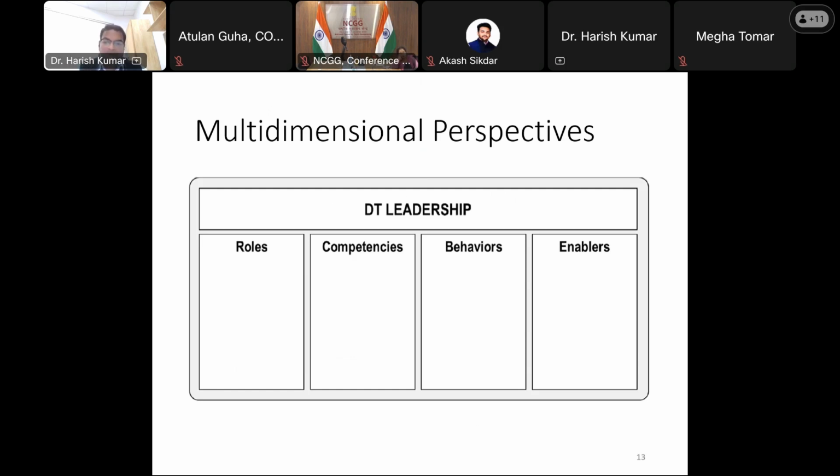But if we talk about the behaviors, the third perspective of digital leadership, openness to experimentation. Unless we are asking or mobilizing our people to do new things in a new way, we will not be able to build our digital culture in our organizations, right? Flexible workplace, yes, we need to give flexibility in terms of the working hours, in terms of thinking, in terms of the way the employees are working.